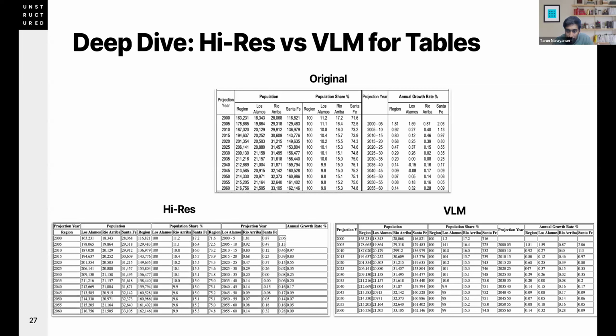Now look at the VLM example, right? It gets it perfectly right. It's able to understand that projection here does not have anything under that. It leaves that gap out over here and maintains the space and the layout exactly as it is